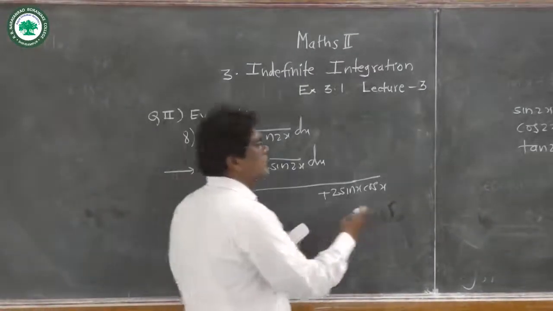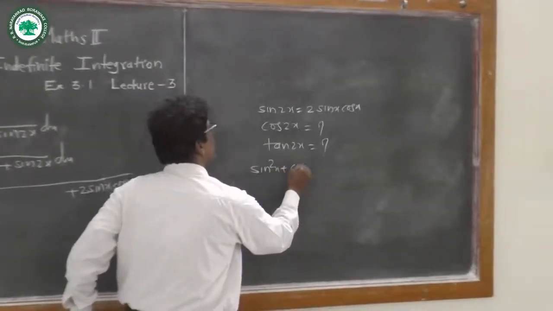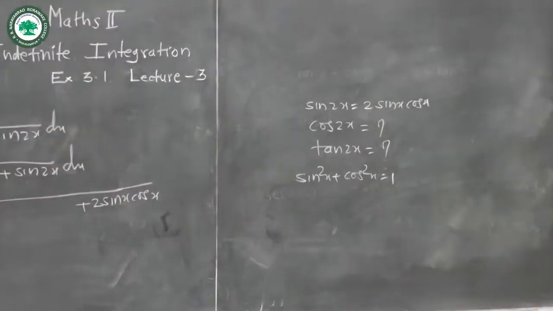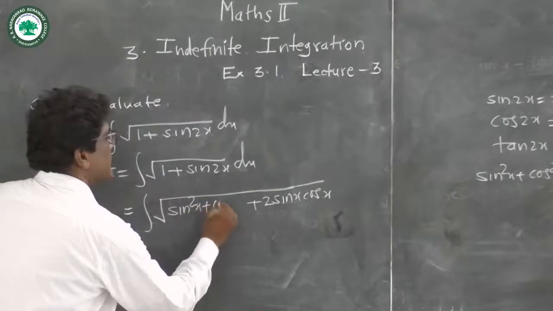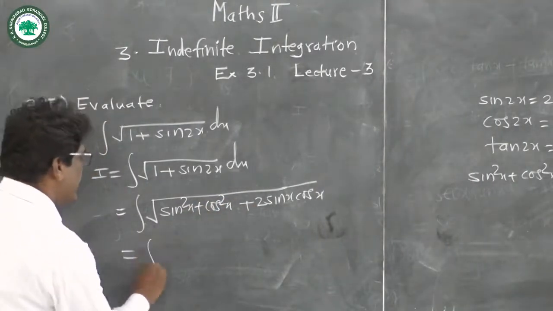So we know the first fundamental identity, sine square x plus cos square x is equal to 1. So here we write 1 as sine square x plus cos square x, and therefore this is equal to integration